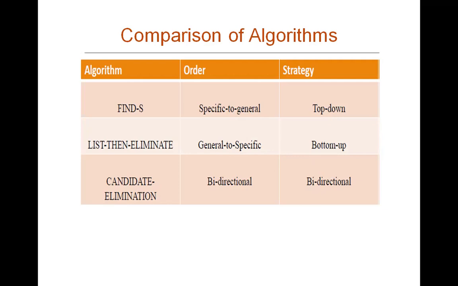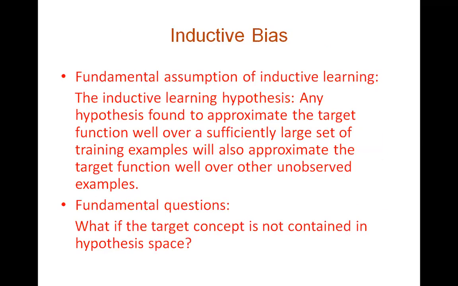And anyhow, like in real world, in real time applications, most of the time we'll not use any of this algorithm because they are not like that much accurate, or in real world this algorithm won't work. But you should understand, when you have Boolean value target functions, one option we have is we can use concept learning techniques. And one more topic is there, inductive bias.